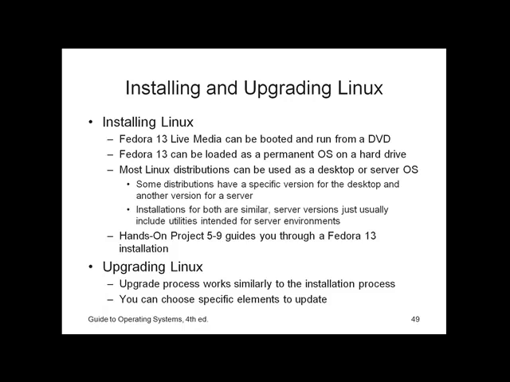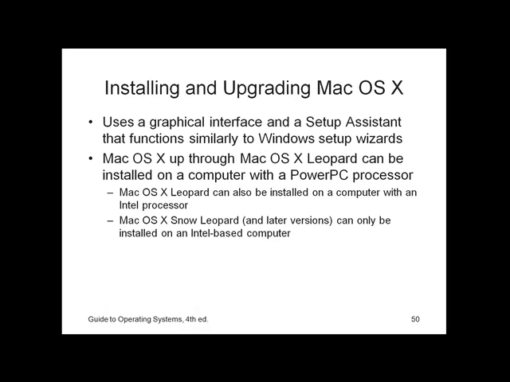When you're upgrading Linux, the upgrade process works similarly to the installation process. And you can choose specific elements that you wish to update in Linux. Linux is definitely a module-based kind of operating system, where the features that are available are based on the modules that you install. Particularly with this version of Linux, it uses a graphical interface and a setup assistant that functions similarly